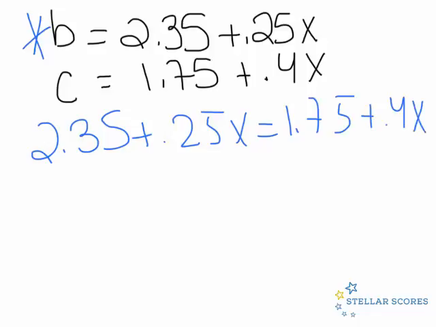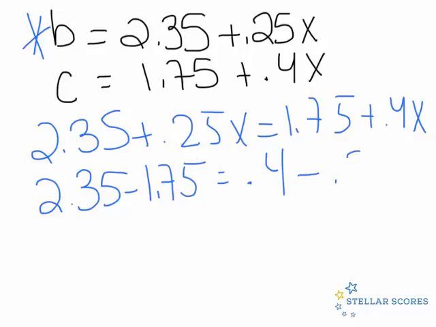And then solve for x. So let's get like terms on like sides. So this is going to be 2.35 minus 1.75 equals 0.4 minus 0.4x minus 0.25x. Now we're in the no calculator section, so this is going to make it a little more challenging. But let's see, 2.35 minus 1.75. Let's see, that's going to end up being,